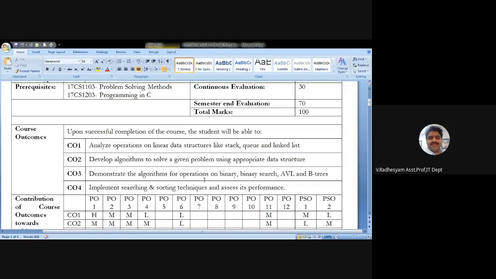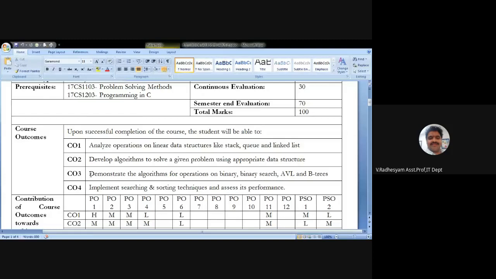We need to analyze the operations. Those are called linear data structures: stack, queue, and linked list. So in the first CO, we need to analyze the operations on linear data structures. Second CO, I will come back again.